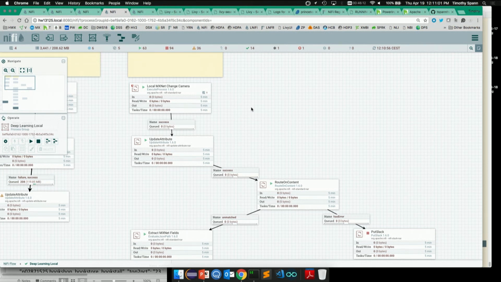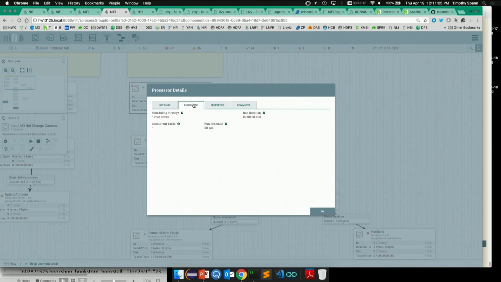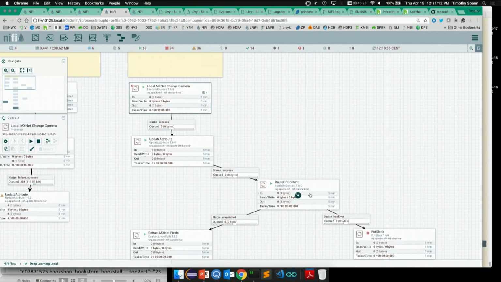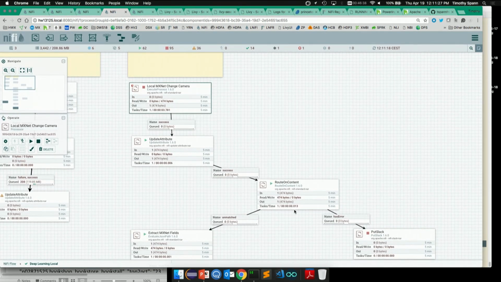This executes the script. In NiFi, I have the ability to decide how I want to schedule things. Right now I have it set to run once a minute, and it's just going to keep running. We have a lot of different options. Yeah, see, it just ran. I could stop this if I want to change the scheduling. I can make it cron and put a standard cron schedule. Timer means I can make this 0, and it's just going to continuously run.